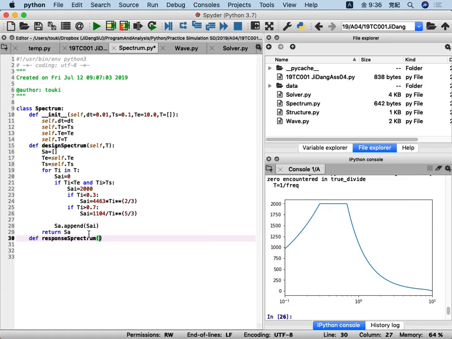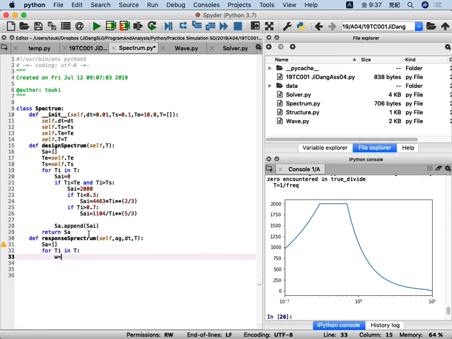We will need a self, and we need AG, and we need DT, and we need T, right? So, okay, and we will say SA equals this empty. And for Ti in T,